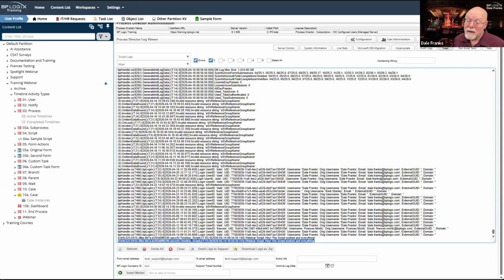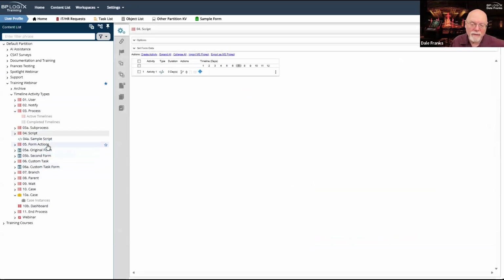By the way, you can do a little troubleshooting with stuff here. If you know your way around the system, you can actually use a sort of troubleshooting script to have it check on the status of things and then return that information to the logs. So that's kind of cool. So with bp.logo, you can throw any sort of log messages that you want in there. So those script type of activities are actually fairly useful.